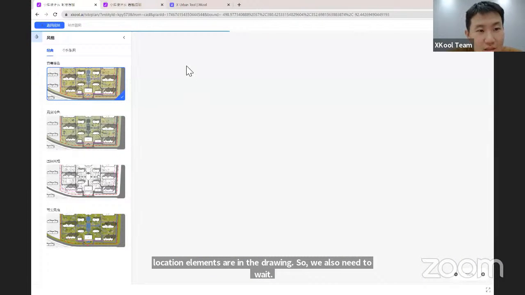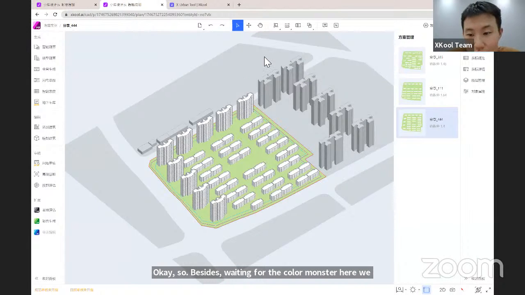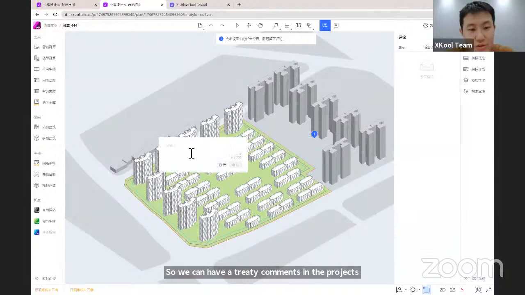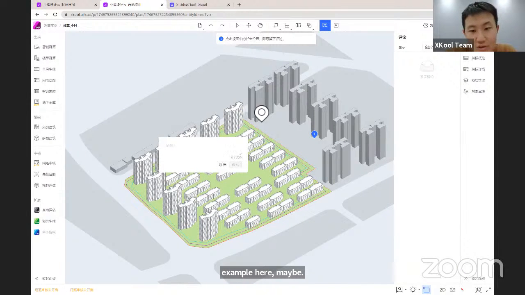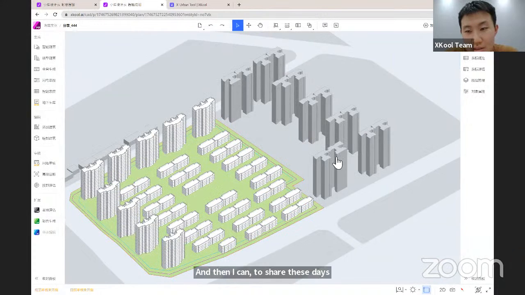Okay, so besides waiting for the ColorMaster here, we can go back to the MasterPlanner and show some synchronization features, which are the comments. So we can have 3D comments in the projects. For example, here maybe it can set the comments in a 3D space. Let's say, please change here. And then I can share this scheme